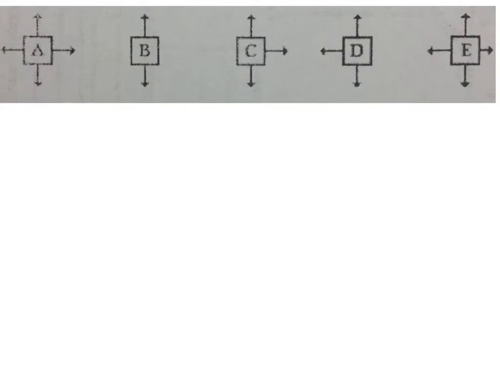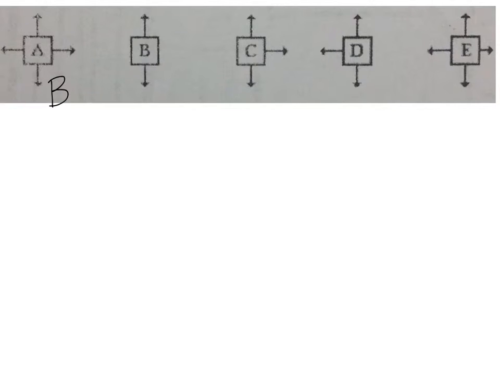Balanced forces are when all the forces on the object are equal in magnitude and opposite in direction. And then unbalanced forces is when they're either not equal in magnitude or they're not opposite in direction, or a combination of the two. So for the first one, A, we've got arrows pointing in all directions, and they all seem about the same length. So we're going to say this is balanced, and I'm just going to write a B next to it to